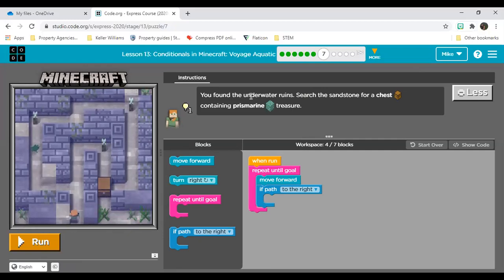Okay, so guys, here we've got a new block. Remember what I told you, it will keep doing something until we give it a different command. Now here in our toolbox, you'll see we have an if path. If path to the right, turn right. Okay, now our Alex won't turn left, because our first command is move forward. And Alex will keep moving forward